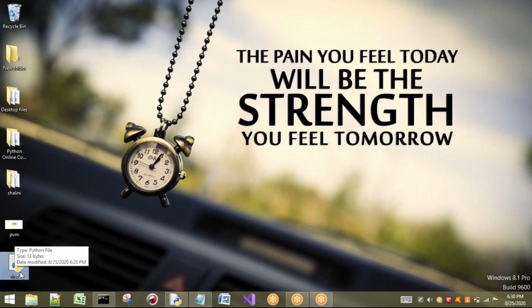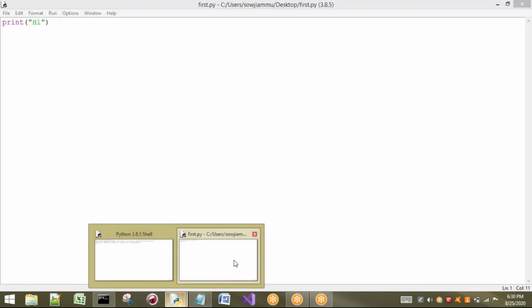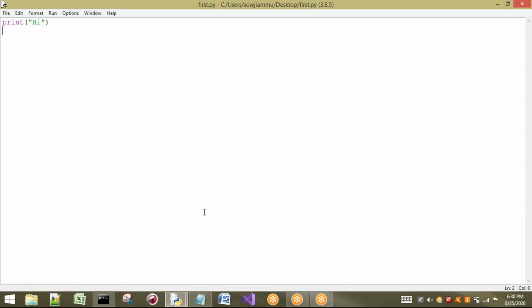Listen carefully. If I double click on this one, you can observe something. It is going to execute. That's it. Now, if I create a new file, I will once again open that. You can understand the difference: after execution, it acts as a .exe. That means it directly gives the output. But before execution, what is it going to show? Let us see.